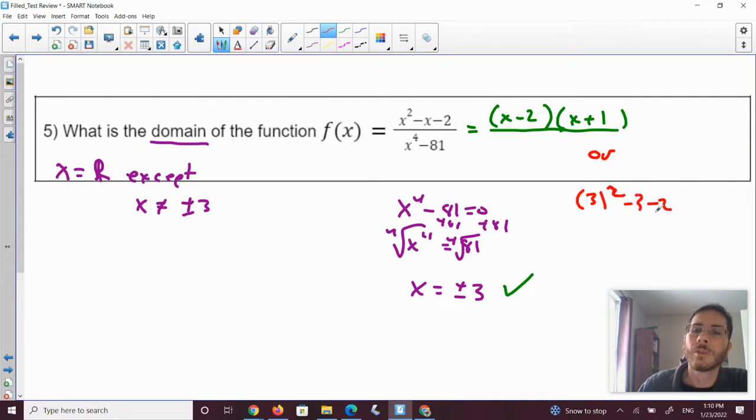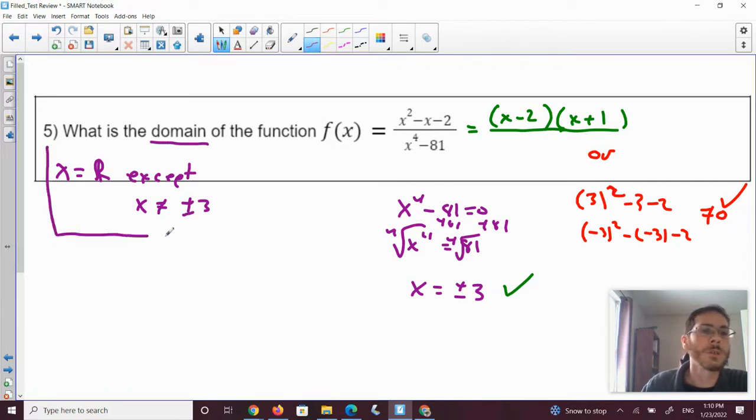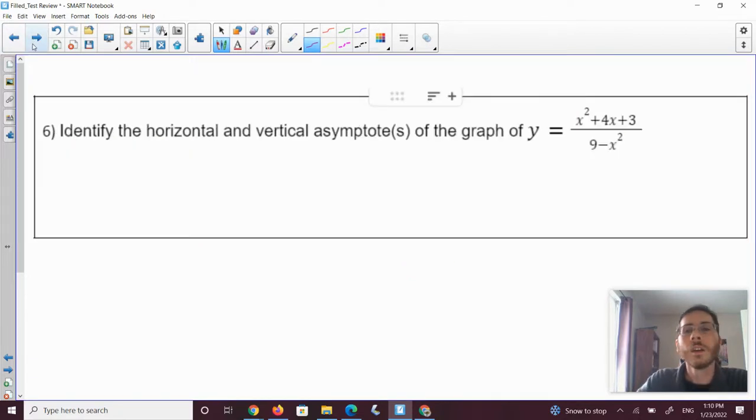3 squared minus 3 minus 2. Negative 3 squared minus negative 3 minus 2. And these are not equal to 0, so they're safe. So we're good to go. All right, so that's what we get. Let me circle the answer just so we know what the answer would be. That's the answer. All right, for 6, identify the horizontal and vertical asymptotes for the graph of y equals x